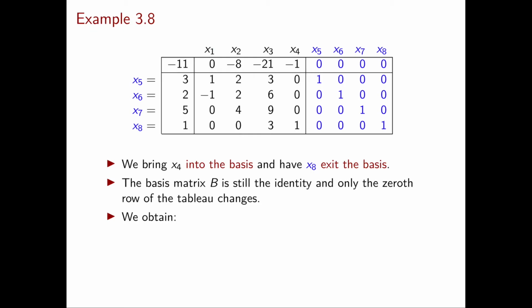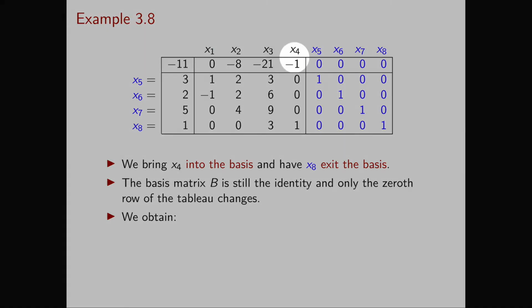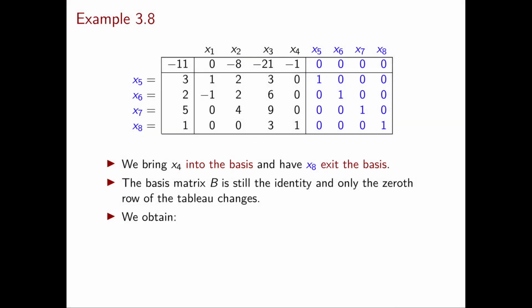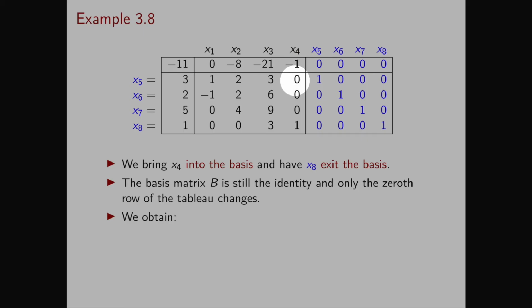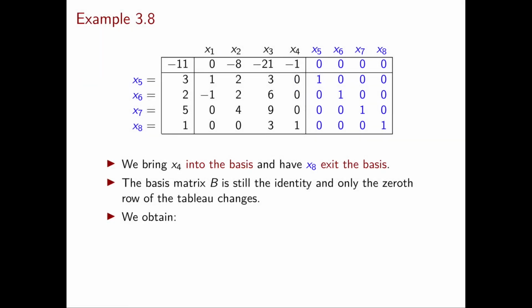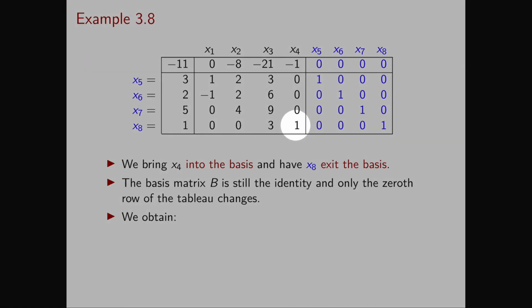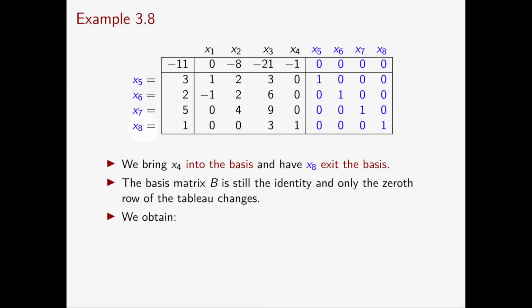the simplex method. Also in this example, I will be the pivoting rule, so I will break ties as I want to. We have 3 negative reduced costs, and I choose x4 to enter the basis. To determine the variable that leaves the basis, I need to look at the positive entries of the corresponding pivot column, and I only have one of them, the one over here, so I will have x8 leave the basis. We now have to perform the pivot.